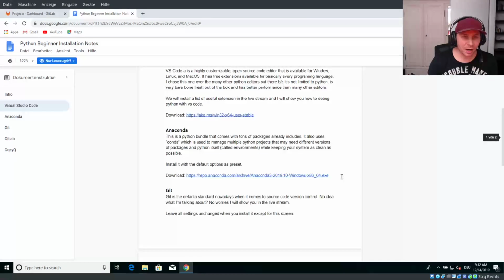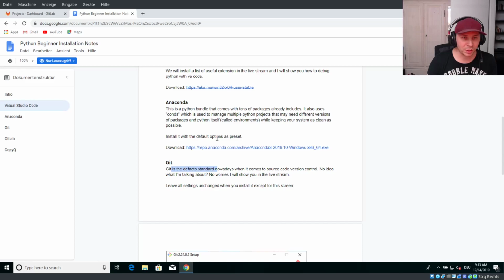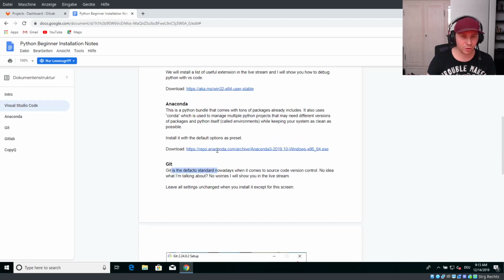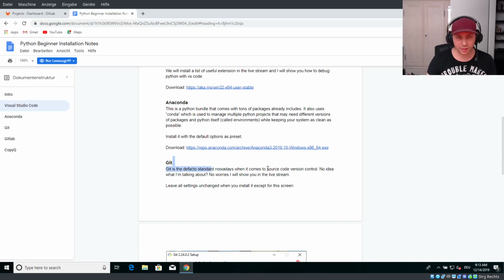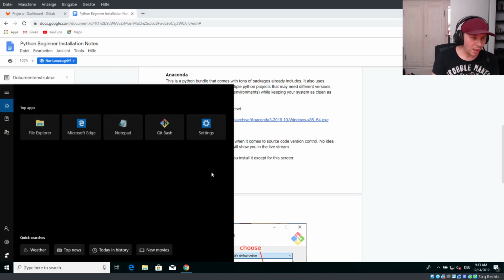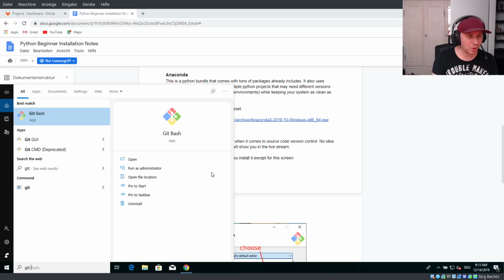Okay, let's start with Git actually, because assuming you already have installed Visual Studio Code and Anaconda. And first of all, we need to set up Git so we can use it for versioning our source code, and we will do everything step by step, so no worries if this all doesn't make sense to you. So first of all, you should have a program called Git Bash if you search in your start menu. Please open that up, and